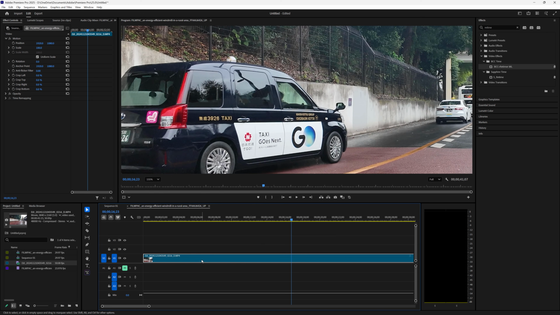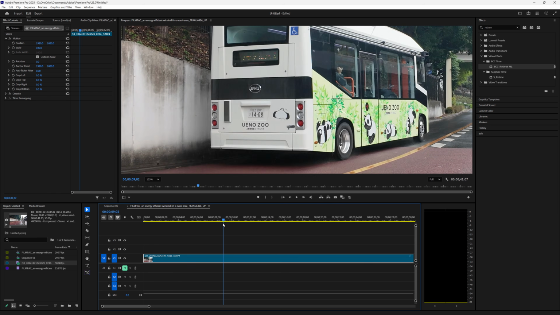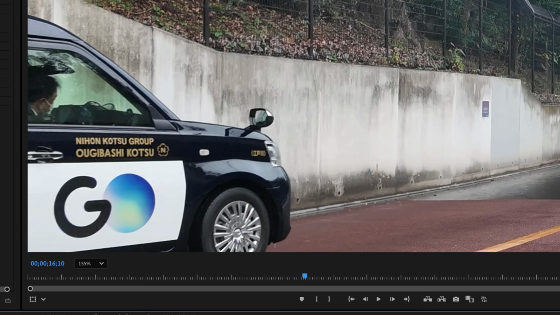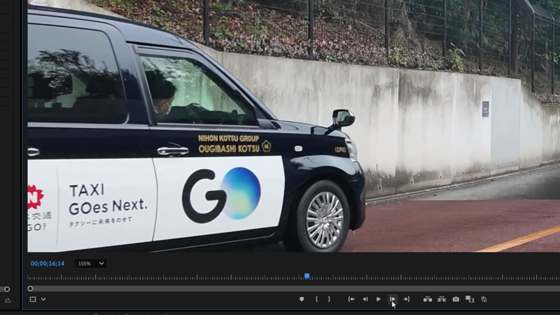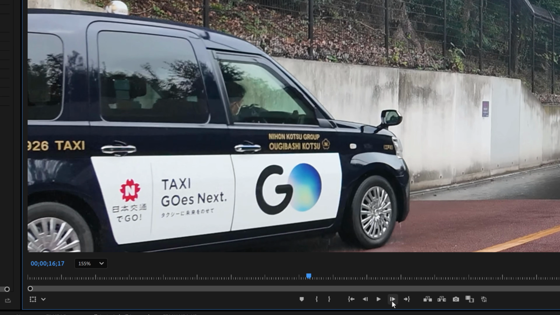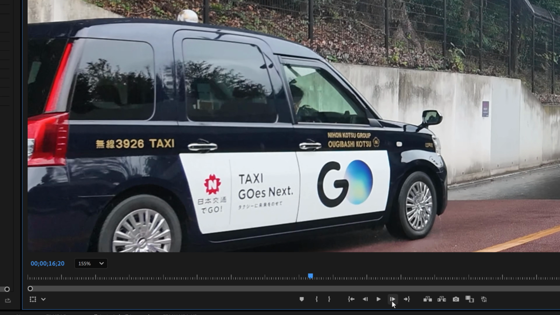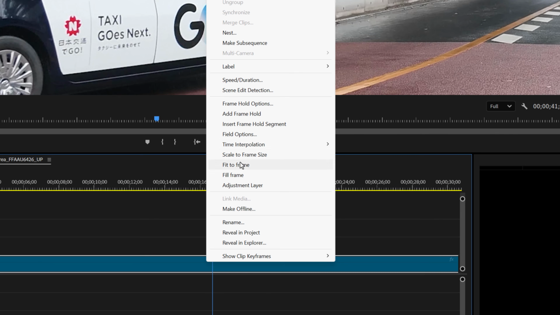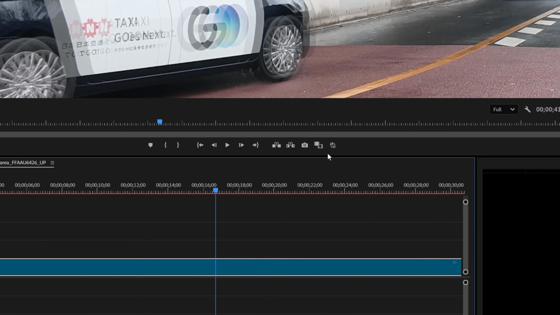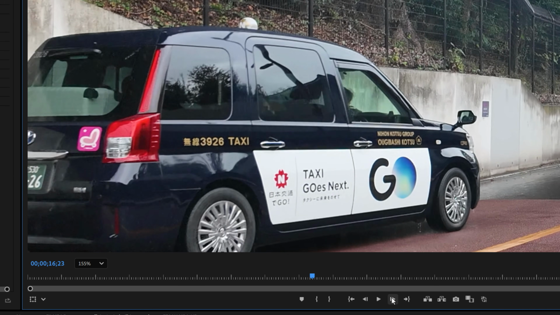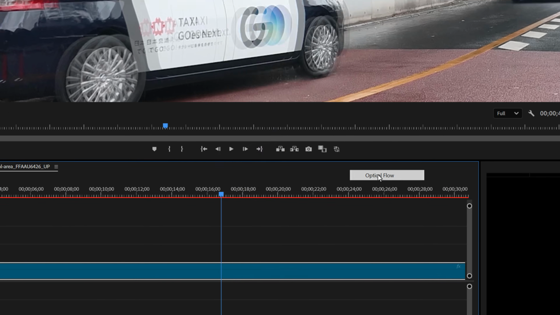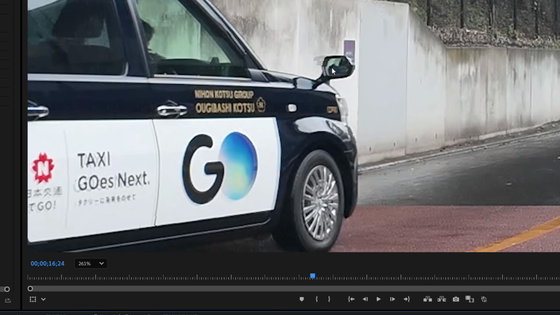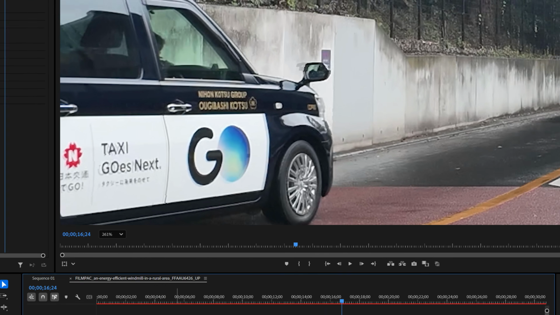All right, so what's going to happen here is I'm going to drop frames. So if I just step through this frame by frame, you can see we're skipping those frames. Currently, time interpolation is set to the default of frame sampling. If I change that to frame blending, now we get that look. We could also try optical flow, but even optical flow is going to give us some tearing. So none of these default options are ideal.